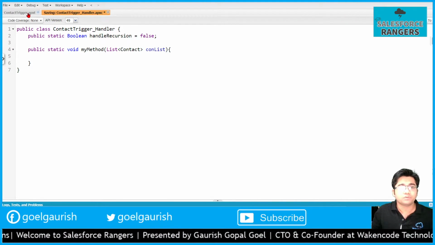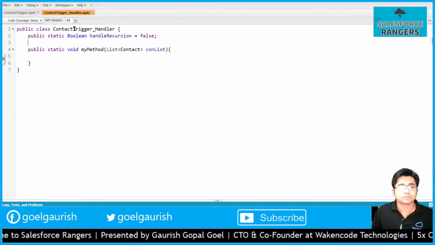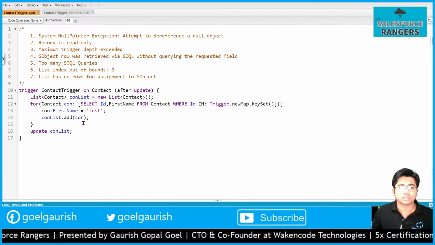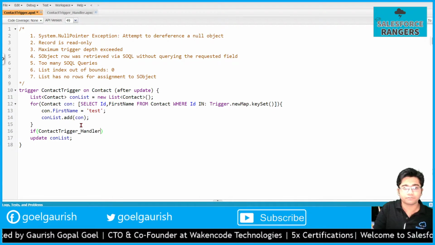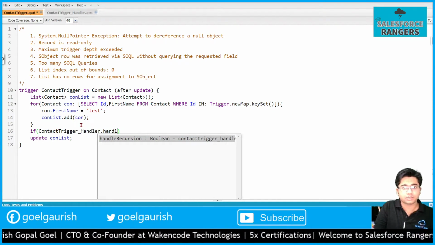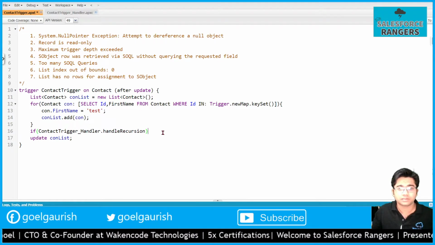Now what will I do? I will use this static property before my update call, if handleRecursion.